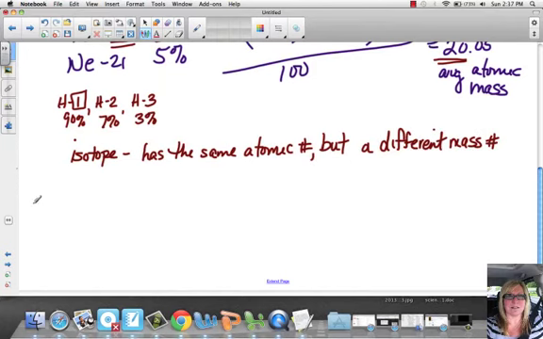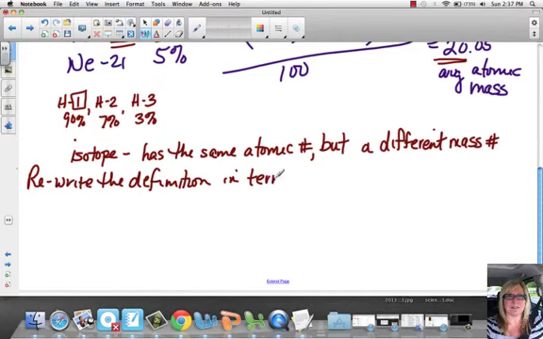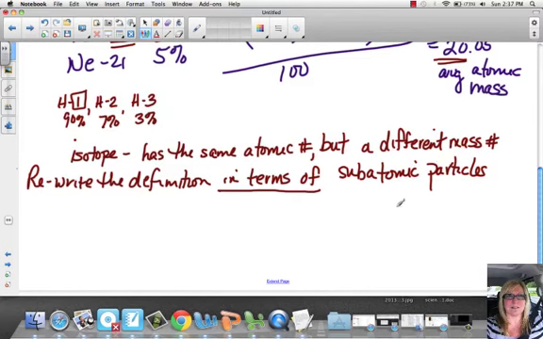How could I rewrite this definition in terms of, I'm giving you a directive, subatomic particles? That means in my answer, I better be mentioning something about protons, neutrons, or electrons. Those are subatomic particles. So to rewrite the definition, an isotope